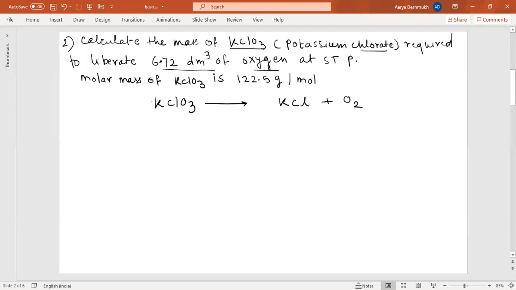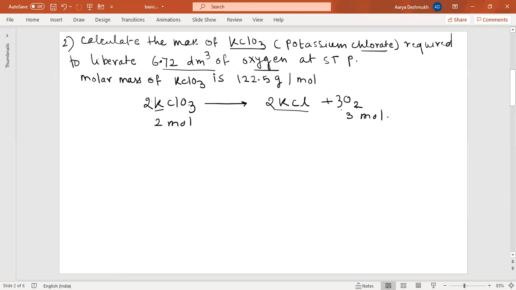Now just to balance the reaction: here there are 3 oxygen atoms, and there are 2 oxygen atoms here. So when we try to balance this, if you make this twice, we should make this thrice. Now accordingly you balance the 2 potassium, so make this twice, and see whether the reaction is balanced or not. I think it is balanced. There are 2 potassium, 2 chlorine. Here also 2 potassium, 2 chlorine, 3 twos are 6 oxygen. So here 2 moles of KClO3 are liberating 3 moles of oxygen.